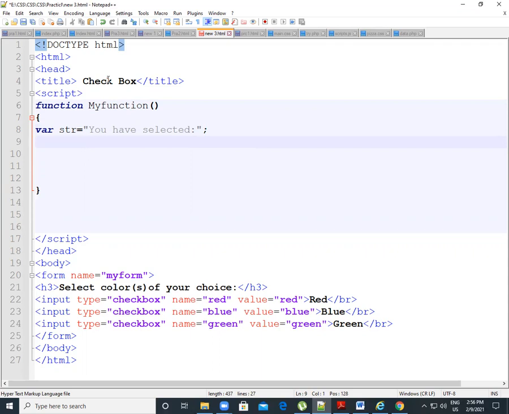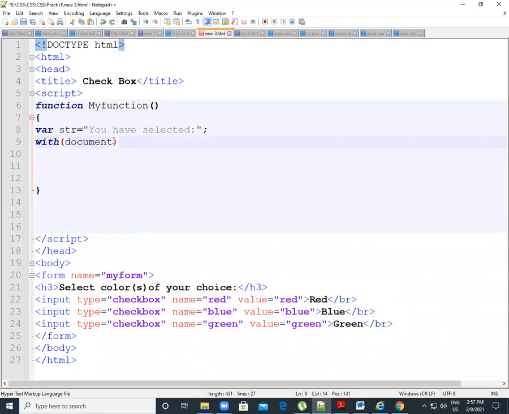Now we have to put some conditions. So we use an if condition here, and our alert function also. But before that, give some conditions. With, I wrote my condition, document. Which document do we use?